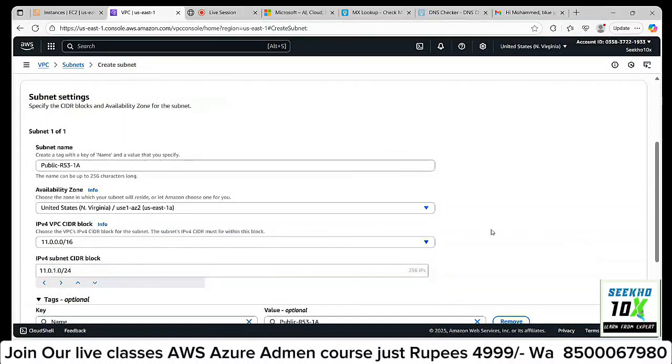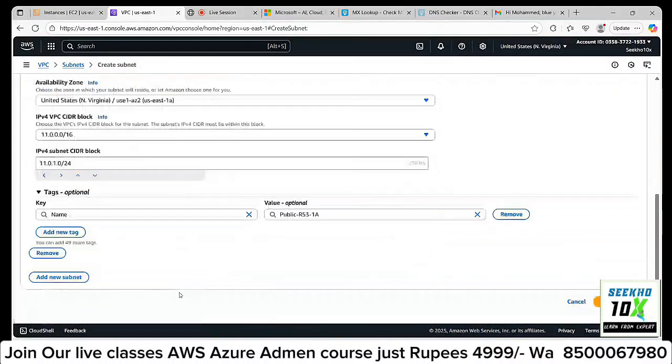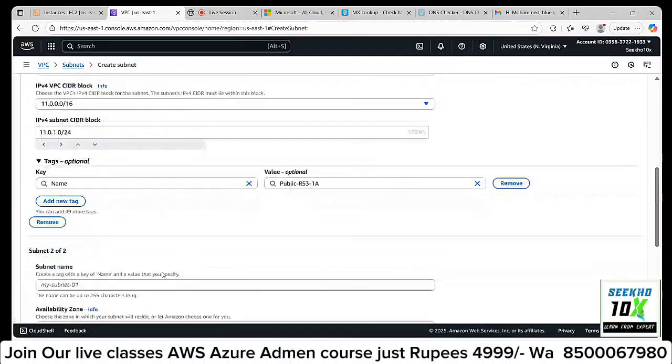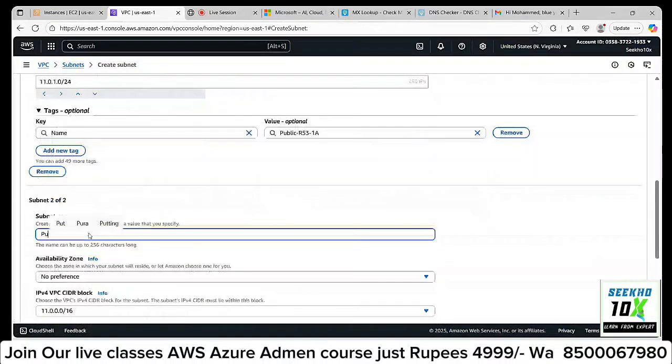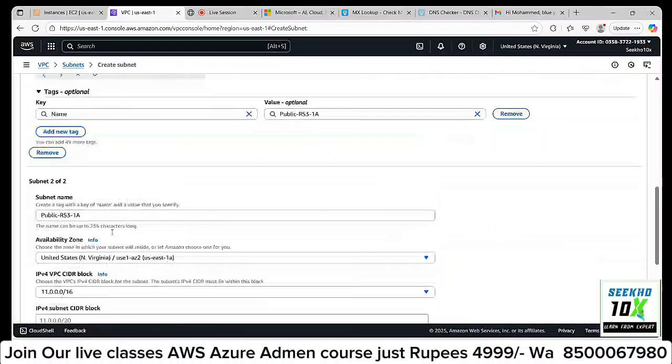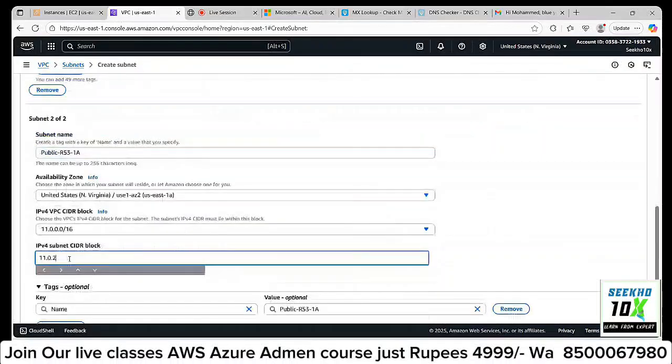Okay. I will be using another subnet for the same VPC called public-R53-1, and preferable location 1A, 11.0.2.0/24.